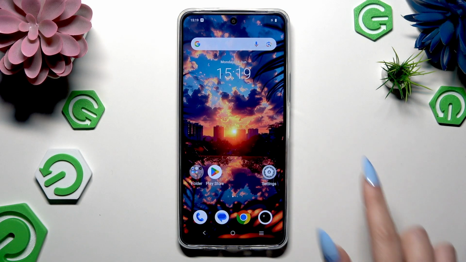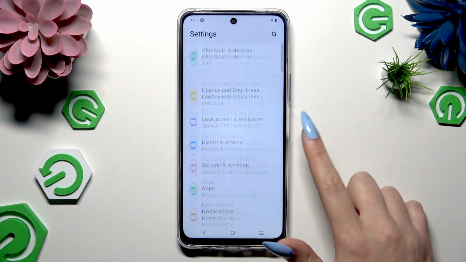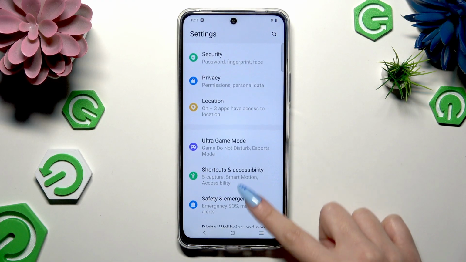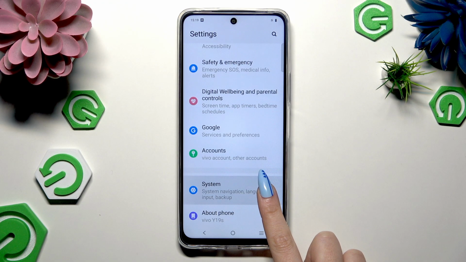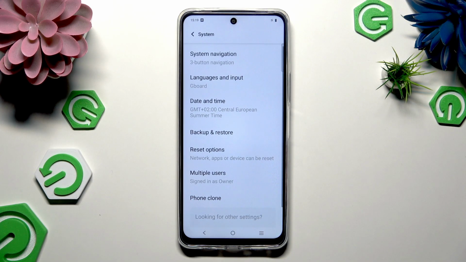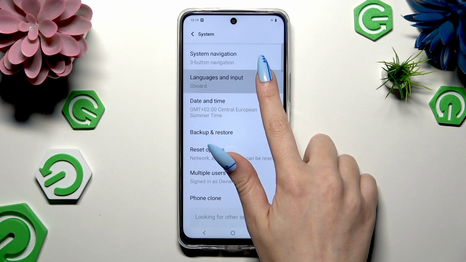Begin by opening Device Settings. Now scroll all the way down. And when you're ready, select System. Then click on Languages and Input,